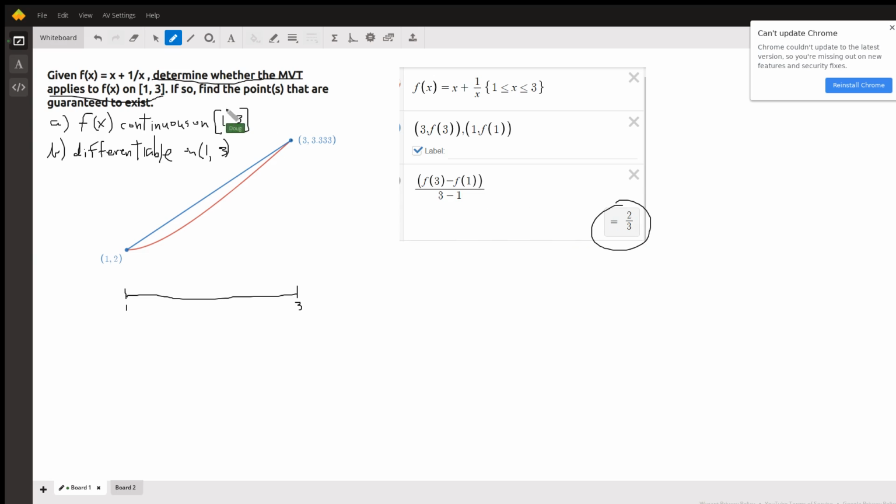Now, in order to apply the mean value theorem, there are two things that you have to make note of. f of x must be continuous on the closed interval from 1 to 3, and it must be differentiable on the open interval from 1 to 3. So if we go to board 2,